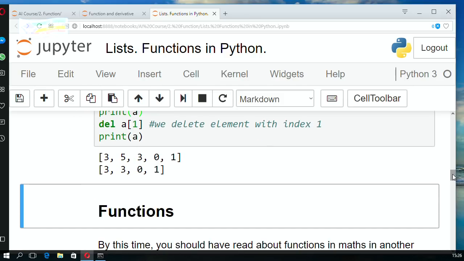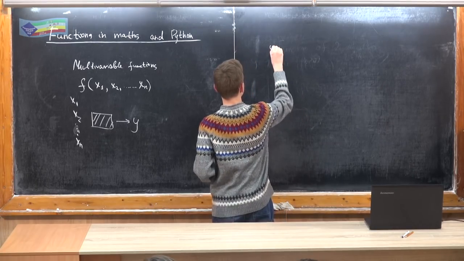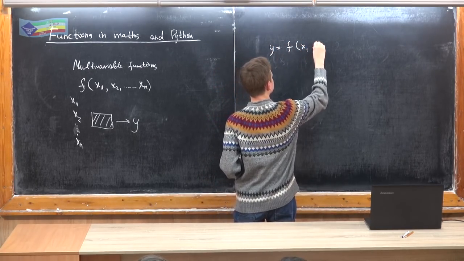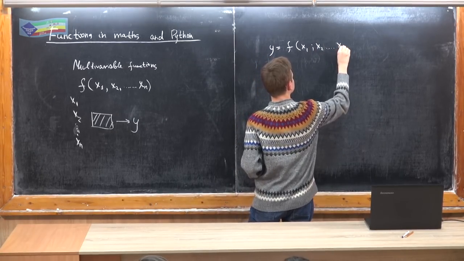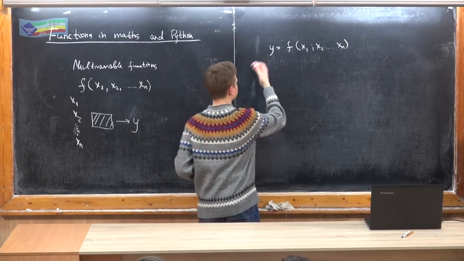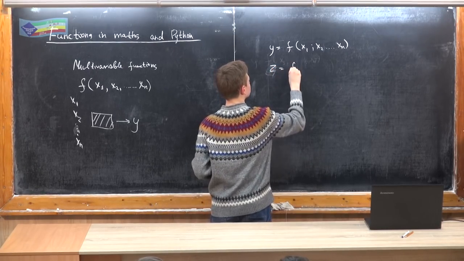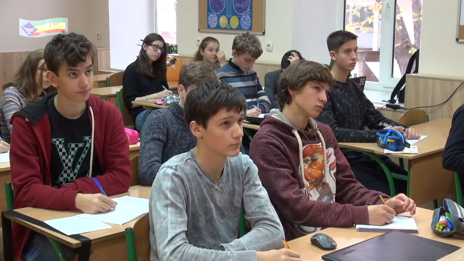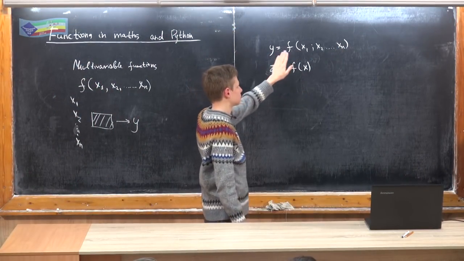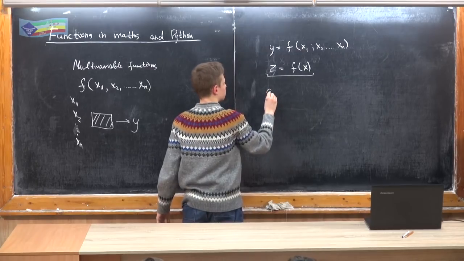Now we can get to functions. So how can we use our lists in functions? For example, you have some function in your mind, which you derived from math. First we will talk about one variable functions, and then about several variable functions. So if we have a one variable function, then we use this structure,